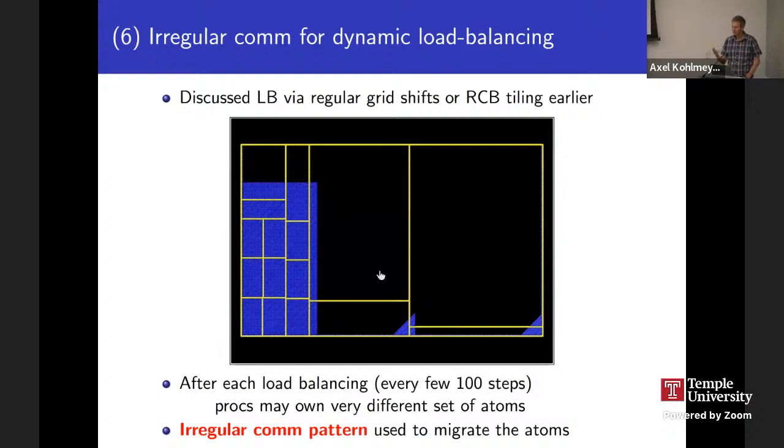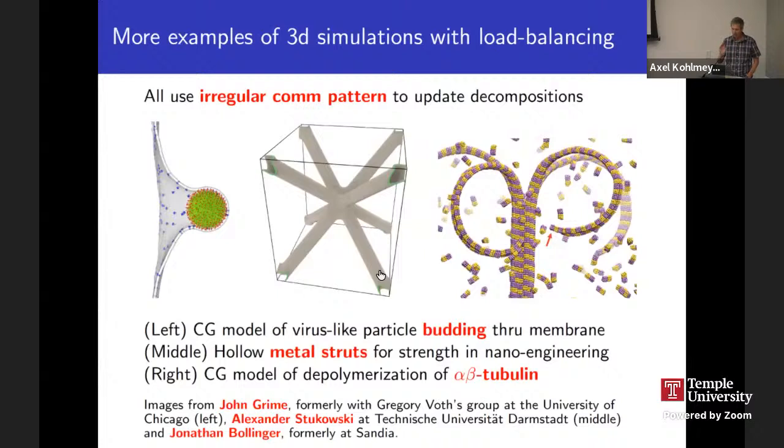Hydrologists might not think it's a very accurate model. Still pretty cool. Okay, so again, that's where the irregular communication pattern is used. Okay, one more. Oh, I do have 3 examples of other 3D simulations that require some load balancing to run